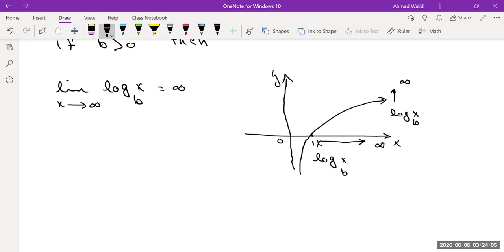That's the reason, that's why. The limit of log x base b as x approaching infinity equals infinity. You have to memorize this. Number 2,